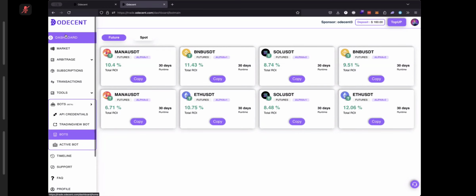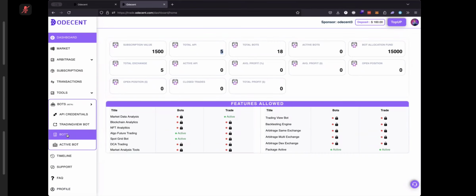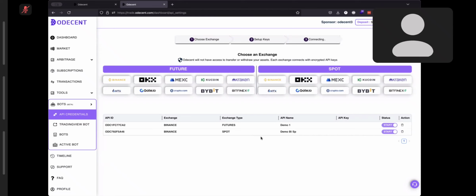The best part is, whatever your number of APIs, if you have 5 live APIs, you can create 5 paper trade accounts. So that is also good. And on one paper account, you can also deploy multiple bots. Use that until you understand that your bot is making profit, then after that what you have to do is create your live Binance API. So for the live Binance API, I'm just going to